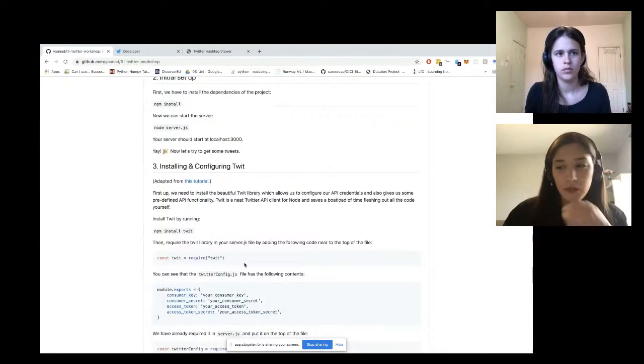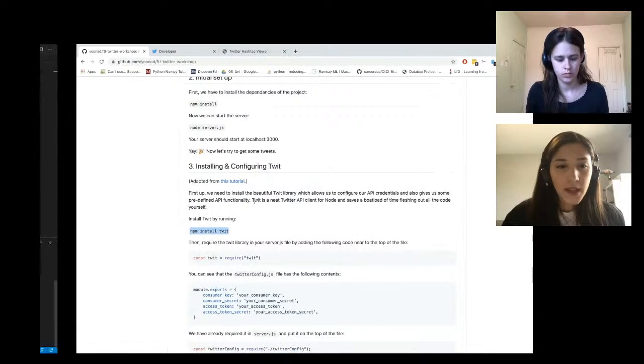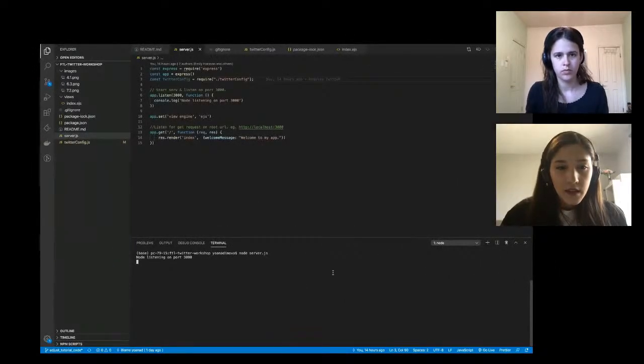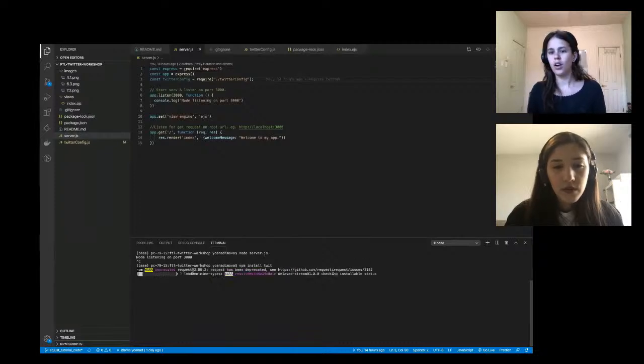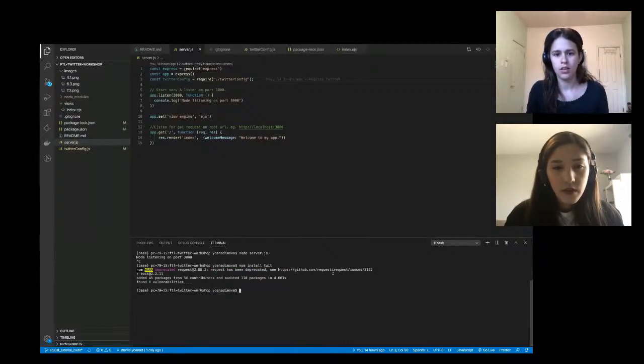It's just a library that we use to make API calls to Twitter more easily and in a more readable way. You can install Twit by typing npm install Twit. I don't need the server now. You can totally leave your server running, but I'll just use one tab for now. Okay, we have Twit